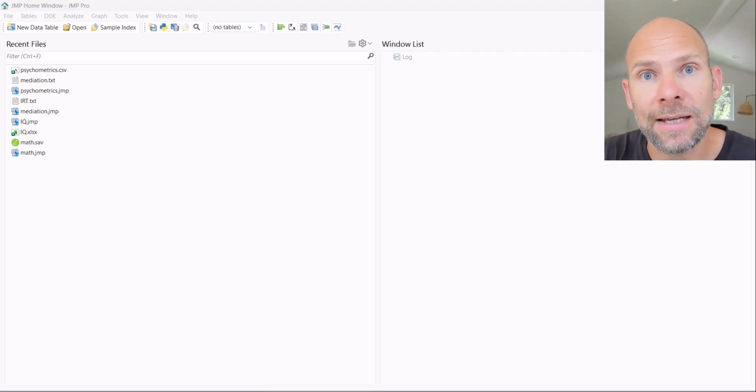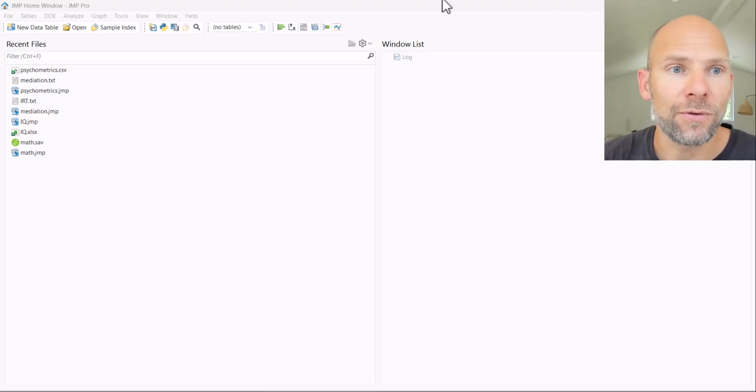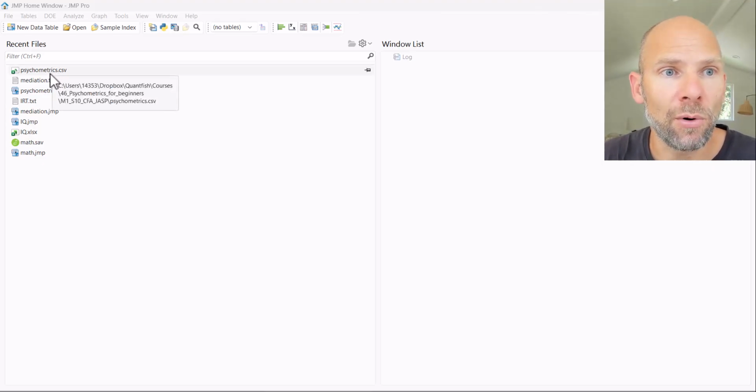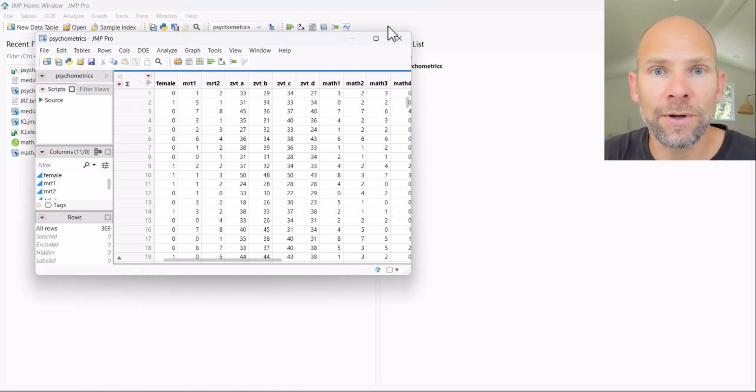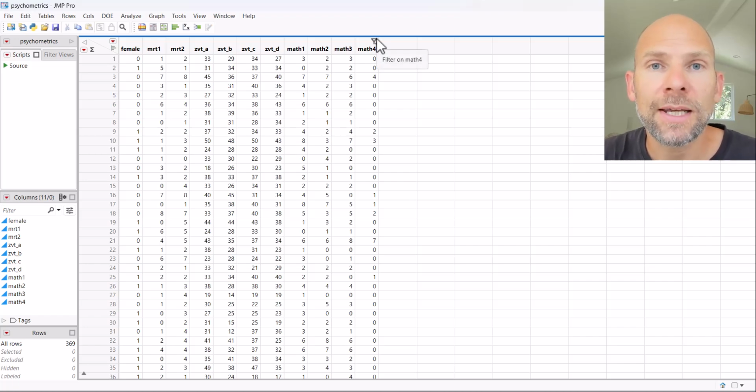Let's take a look at a simple example where we look at the scale reliability of a 4-component test. And so for that, I'm going to open in JMP Pro a CSV data file. So this is an Excel spreadsheet with a bunch of test score variables. And so here you can see that we have one test that is called ZVT that consists of 4 components, ZVT A, B, C, and D. So this is a numerical processing speed test that has 4 subtests or 4 subscales that are all constructed in